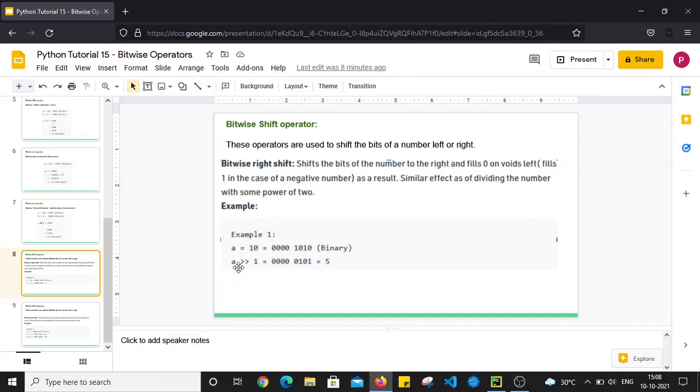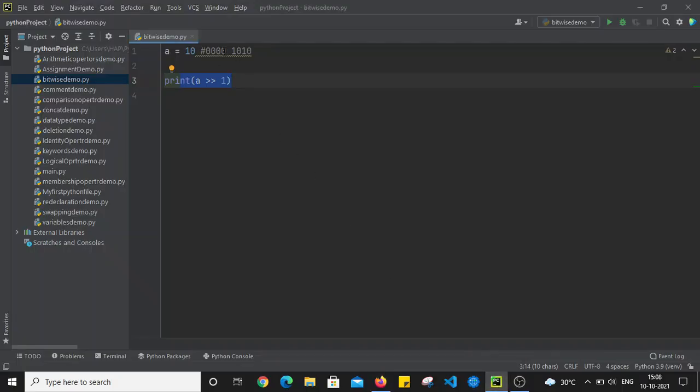So when we shift by one bit to the right, it will simply shift the value, right? So this 0 will shift here, and in place of this void, 0 will be filled because it's a positive number, right? So the end value which will come will be similar to 0, and then after shifting, this will shift here, so this will become 0 1 0 1.